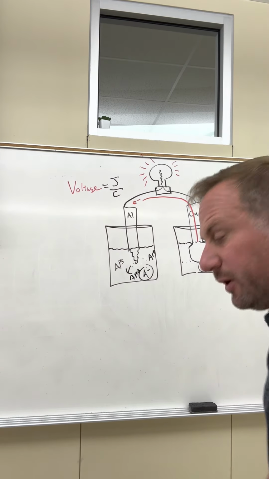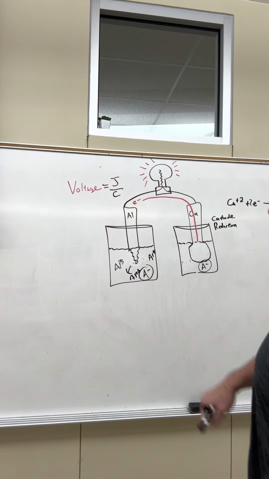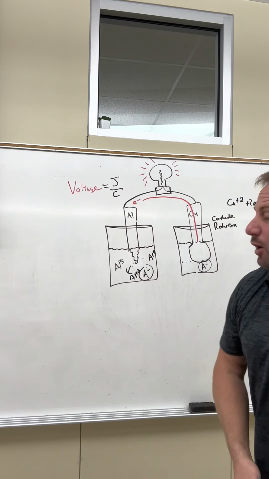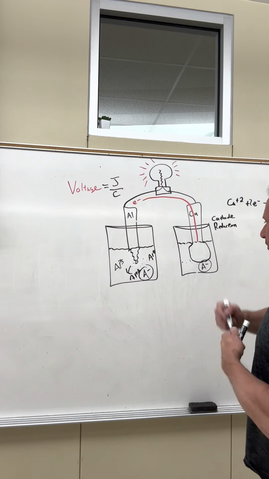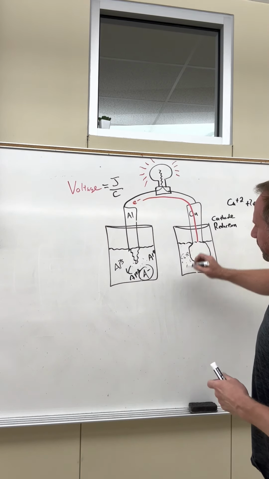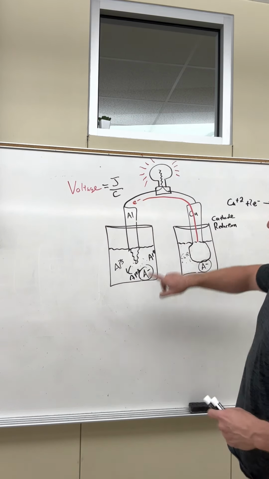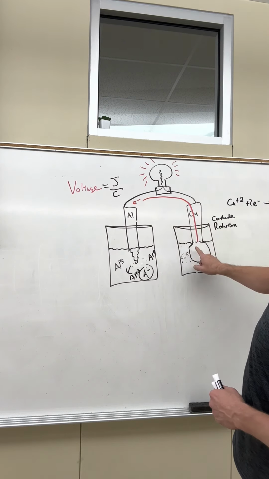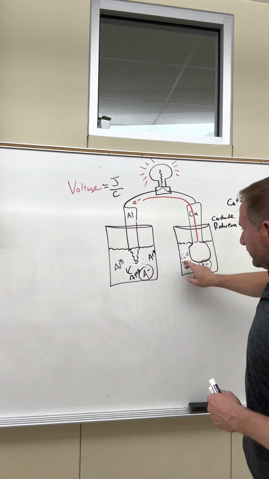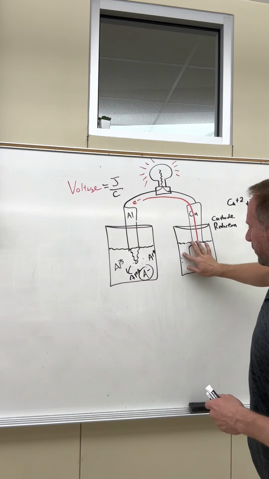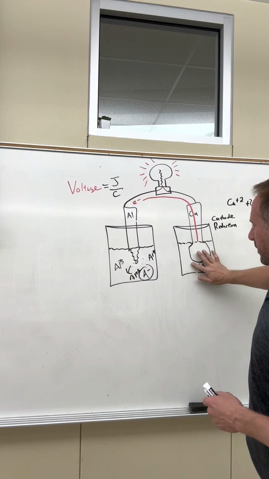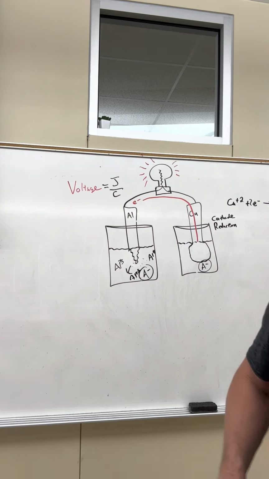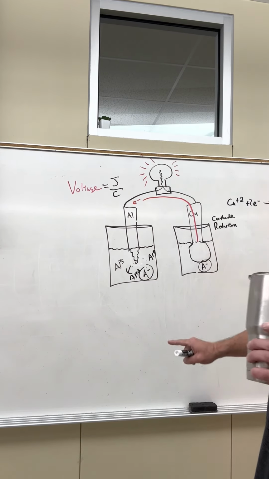All right, so the last time we left, we've got the aluminum losing electrons, and more specifically, the copper ions inside this solution gaining the electrons. Those electrons are going into the copper, and we're removing the copper ions. So those copper ions are being removed from the system, and they're being deposited right there